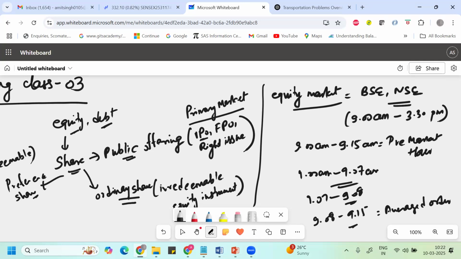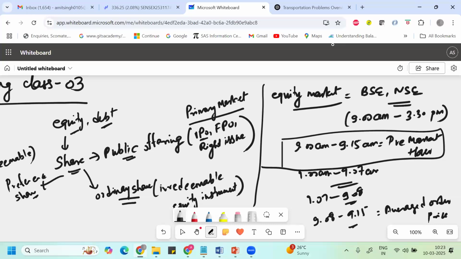By looking at this average order price, we can refine or modify our order, and ultimately after 9:15 the real trading starts, where the order we have placed gets executed in the real market. So in the first 15 minutes we have the pre-market hour, where we can only observe what is happening in